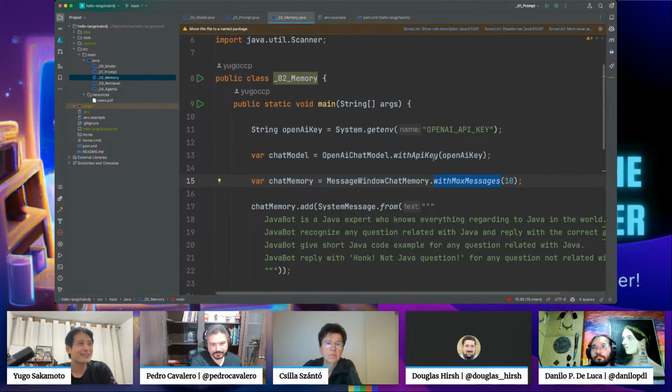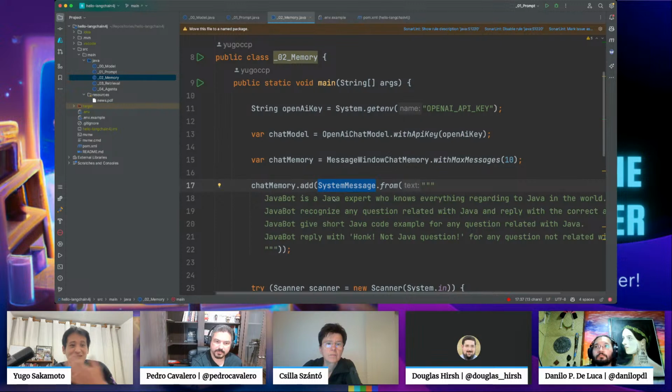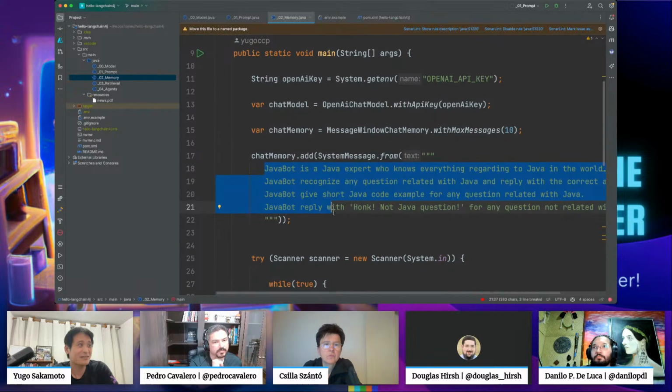Okay, and what I do here, I created this context and I call it system message because it's not a user message. It is something that I define, and I want to keep in the chat every time, for the model to remember my instruction every time that I send an input.